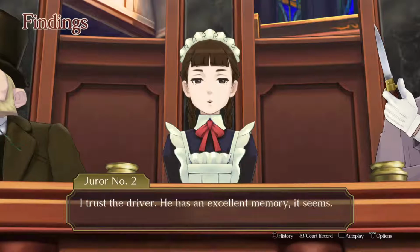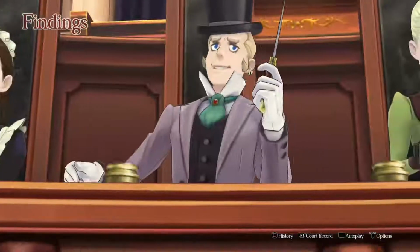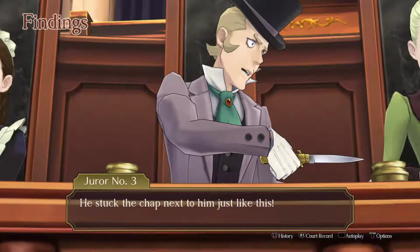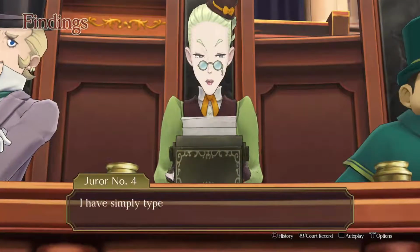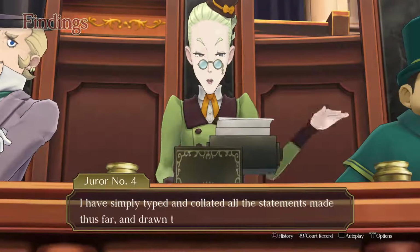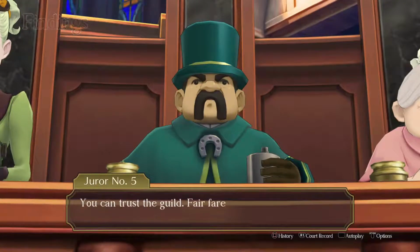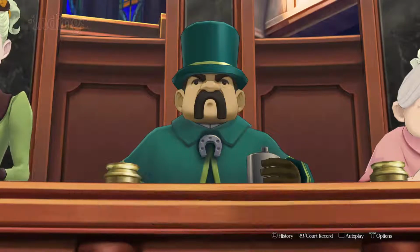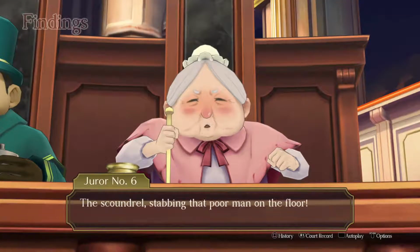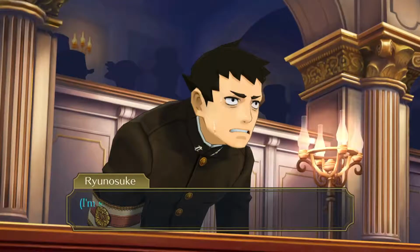I trust the driver. He has an excellent memory, it seems. 4 passengers with fares totaling 20 pence. He stuck the chap next to him just like this. Brazen, I must say. Absolutely brazen. I have simply typed and collated all the statements made thus far and drawn the logical conclusion. You can trust the guild. Fair fares is our motto. We haven't raised prices over about 4 pence for years. The scoundrel stopping that poor man on the floor. It beggars belief. Hey, but we know he wasn't on the floor, so maybe we can...